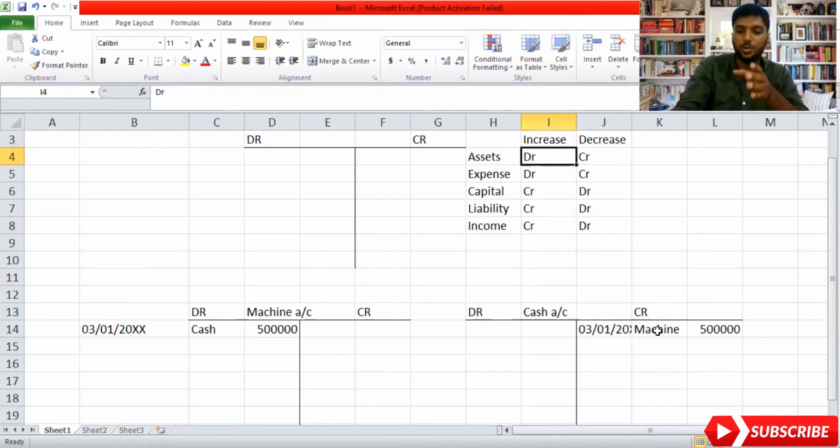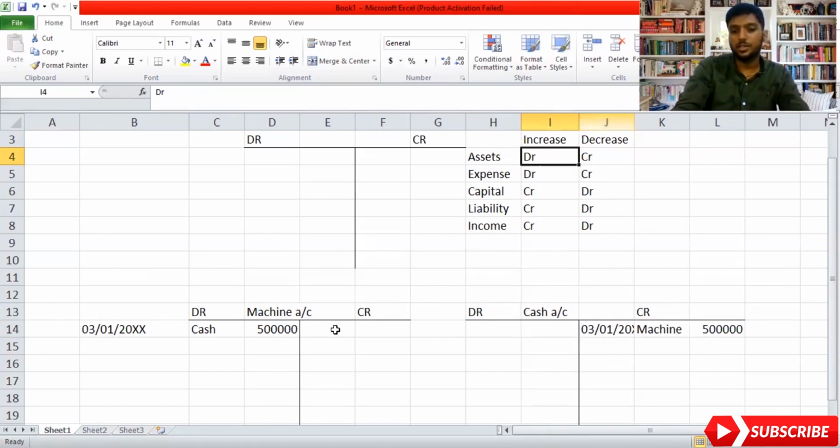Somehow it's an asset. So when your cash is going out, for what purpose is it going out? For the machine, so you are spending on the machine. You need to write the narration under the column. Remember, narration means when you are taking the machine under the machine account, you need to write cash on the debit side. This account's name should be represented here, and this account name should be represented here. That's how narration should work. I hope you got this. So let's move on to the second adjustment.